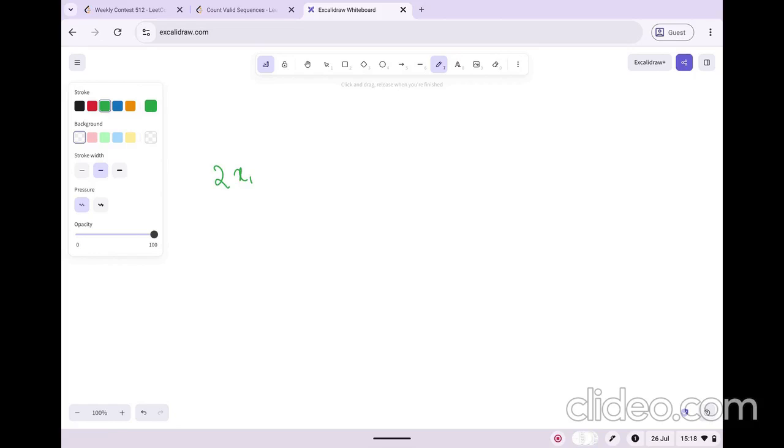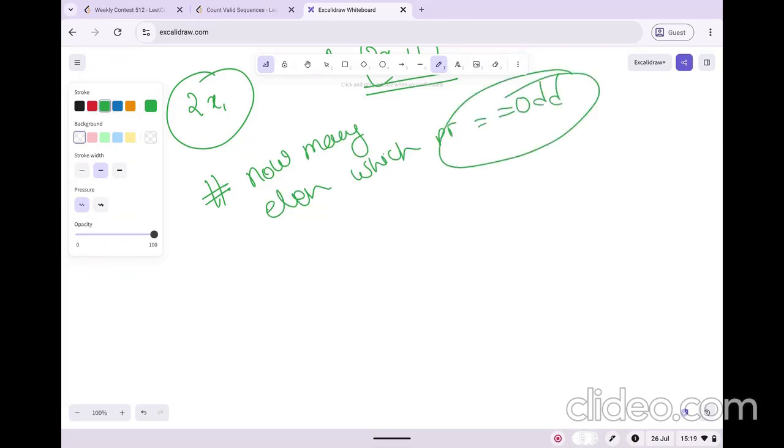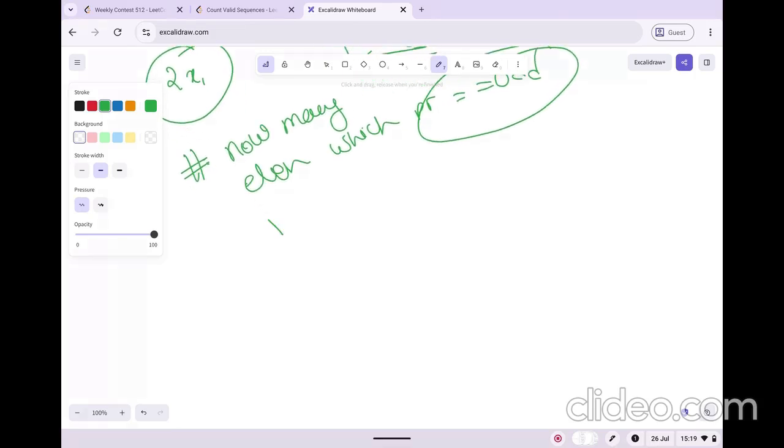Yeah, so what I was talking about, how do we call an element? Let's say a was the element, so element a can be written as 2x plus 1, and this defines that the element is definitely an odd number, right? Now how many elements are there whose product is equal to odd, how can we find that, right? Now my claim is, hey, if